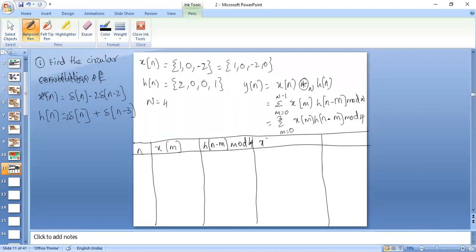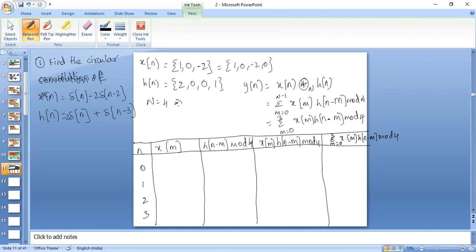And then x of m into h of n minus m mod 4, and sigma m is equal to 0 to 3 x of m into h of n minus m mod 4, right? So here n takes the values of 0 to 3,